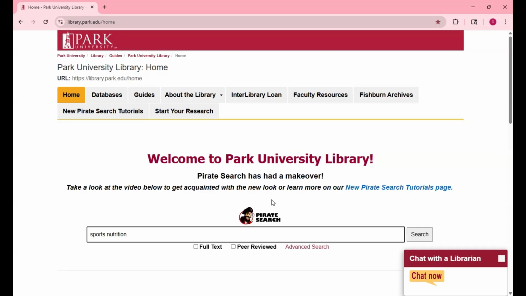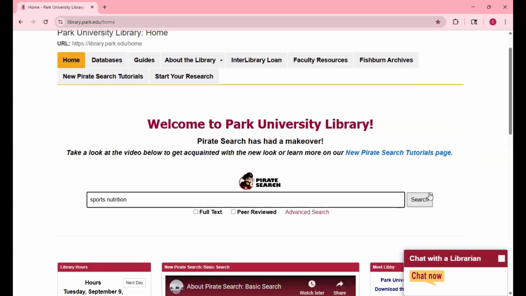So in Google, you can type in an entire sentence and it can tell what you mean. Pirate Search can't tell what you mean when you type in more than 3 or 4 words. So think about what those big terms are in your topic and think about some synonyms. What are some related terms that scholars might be using to describe your topic? So if we search sports nutrition here,